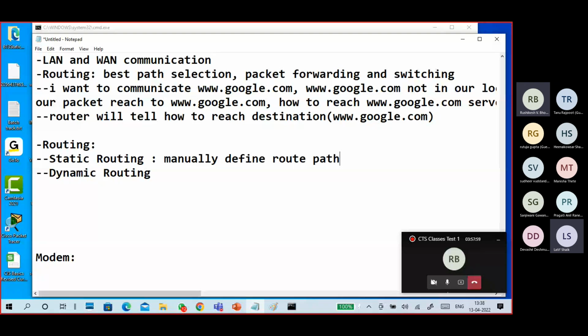So you define manually that the packet should go like this only. That is static routing, only applied for small organizations. Dynamic routing automatically builds a route path using advertisements.